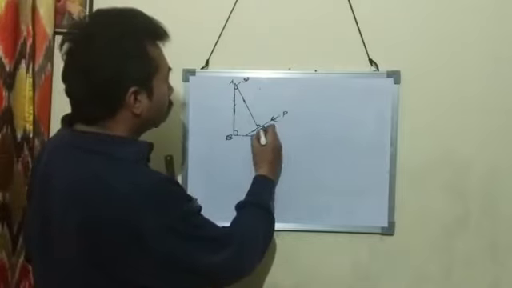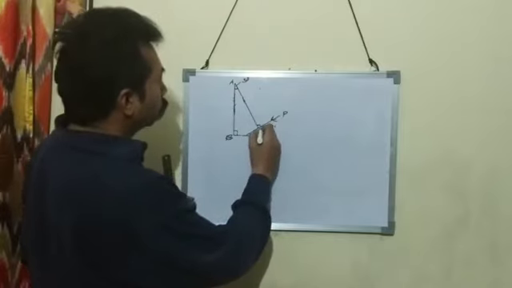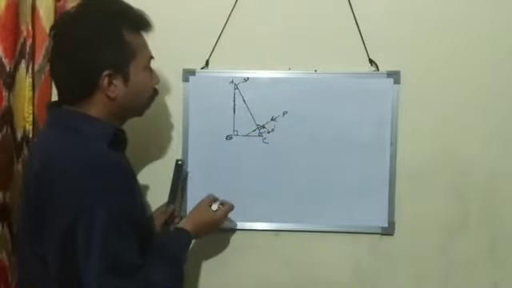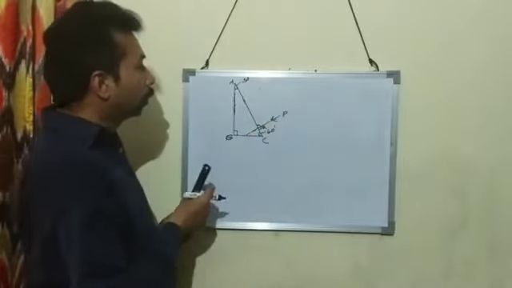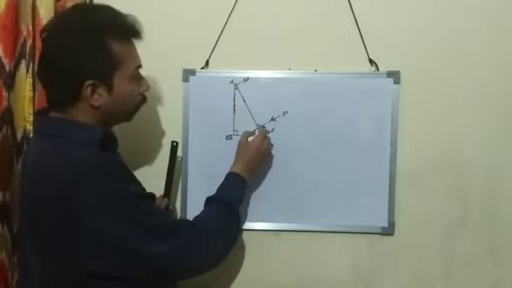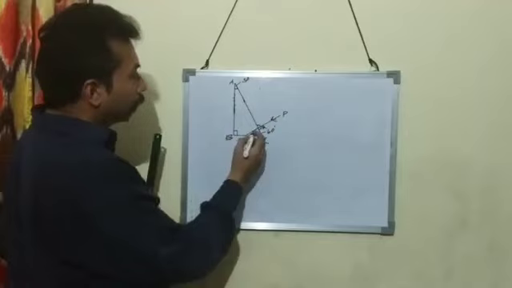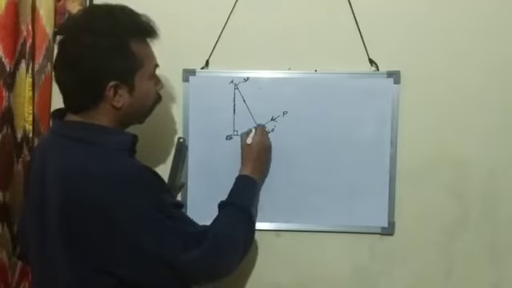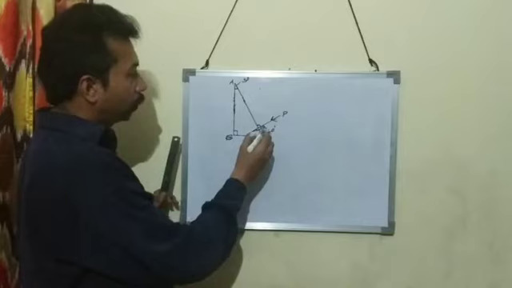So I give the name angle PQC, that is equal to 90 degrees. Angle PQC, the ray is striking normally. The angle of incidence on AC is 0, but angle PQC is 90 degrees. Now I give this point the name R. What is the magnitude of angle RQC? Angle RQC is equal to 90 degrees.